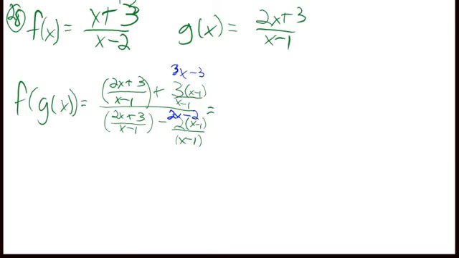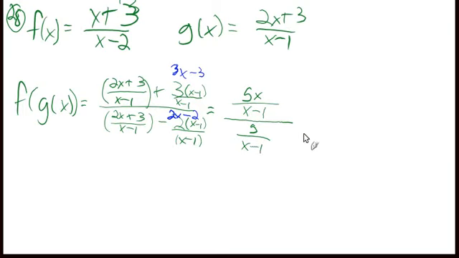So let's combine them together. 2x plus 3x, that'll be 5x, plus 3 minus 3, so nothing is left, over x minus 1. Now 2x minus 2x is no x's, and 3 minus a negative 2, that'd be 5,